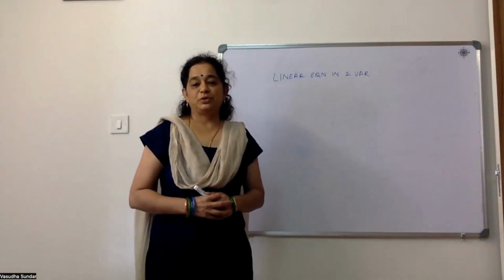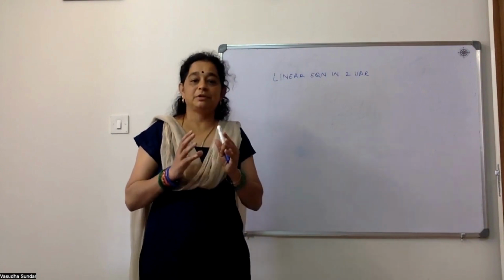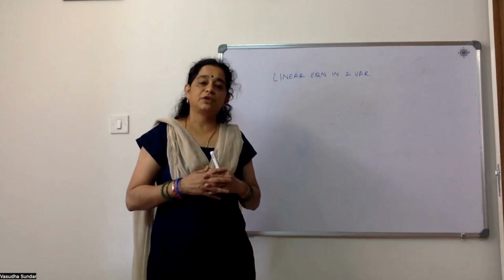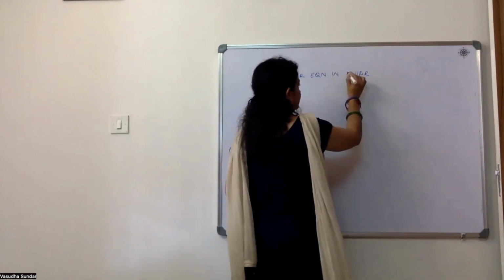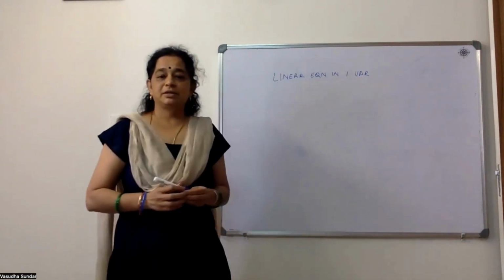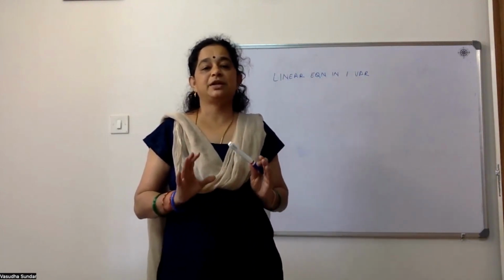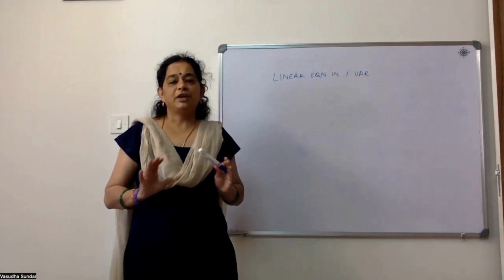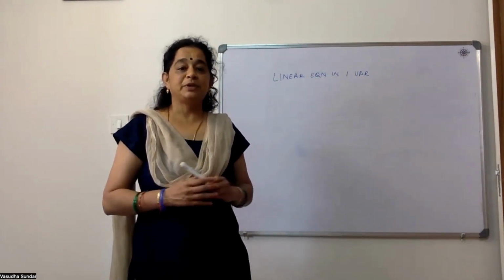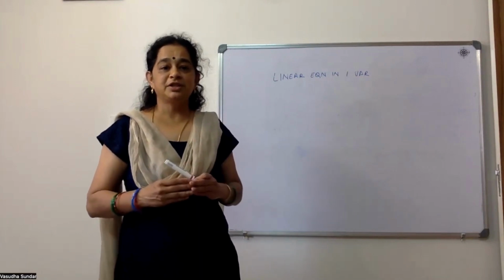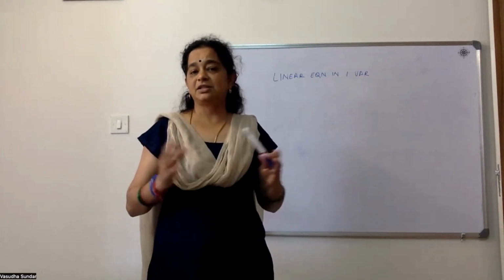Today I'm going to take up this very big confusion which students face while solving linear equations in one variable. It can be extended to 2 or 3 variables, but these are the fundamental mistakes which I have seen as a teacher, very, very common among all students. So please pay attention and correct these mistakes, and you'll find linear equations extremely easy, just as easy